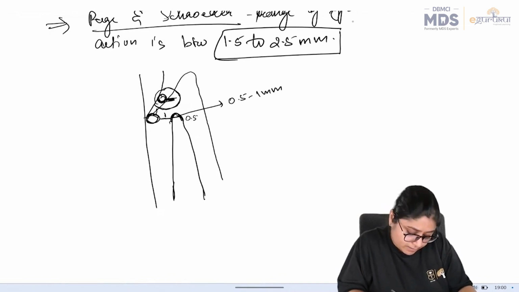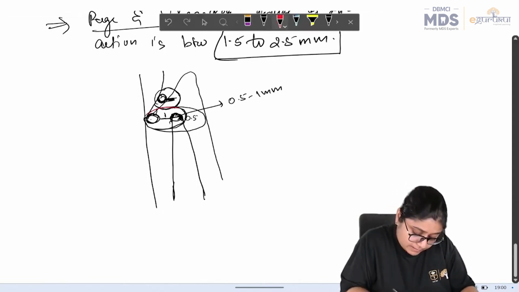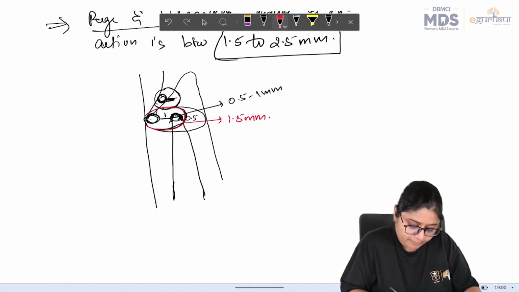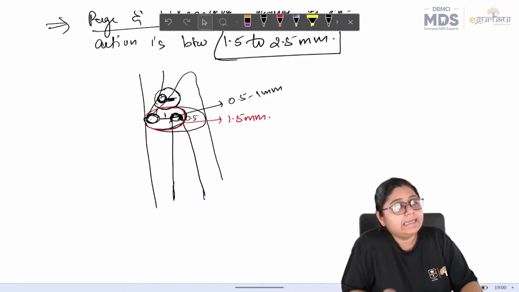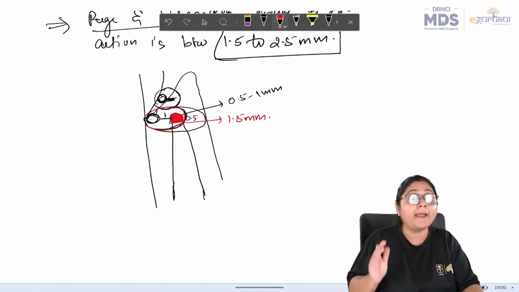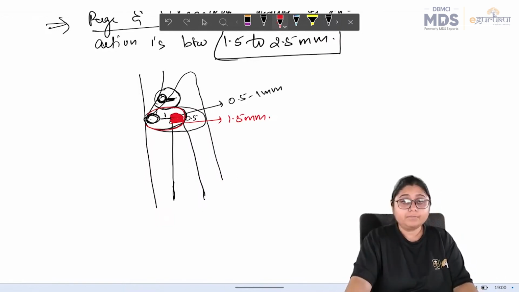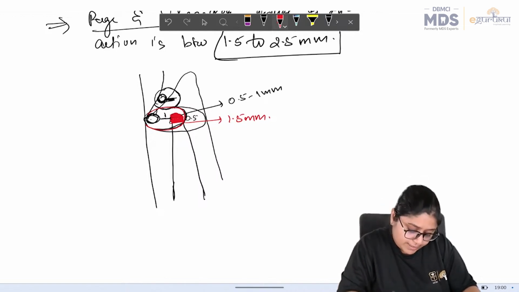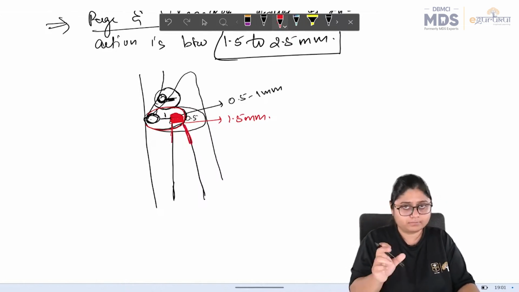So now what is happening? The total distance between the bacteria and the outer plate is 1.5 mm. Now in this 1.5 mm, the bacteria can easily exert its effect and will cause bone resorption. So this entire part of bone will resorb, and this will be your horizontal bone resorption. So in the mandibular anterior region, you will mostly see horizontal bone resorption, unless, as we come down from the alveolar crest,